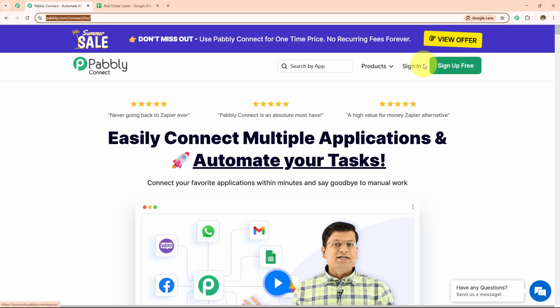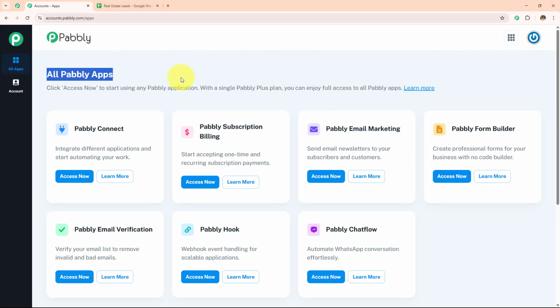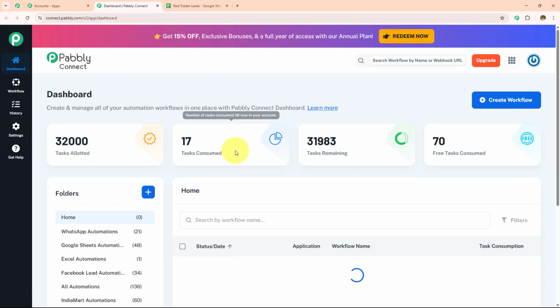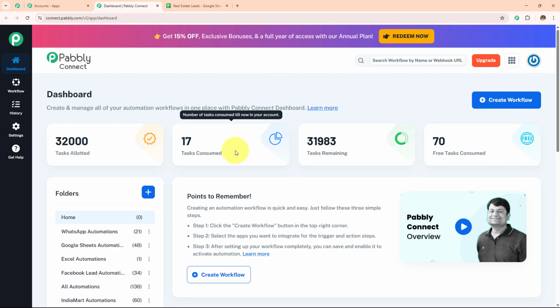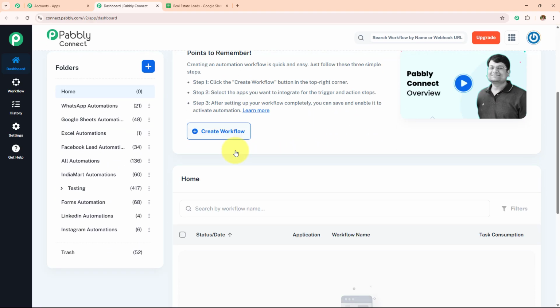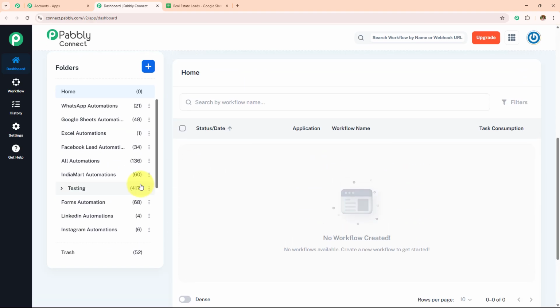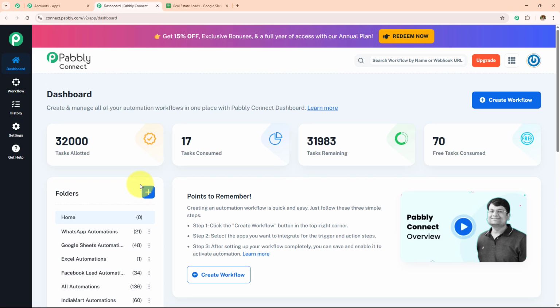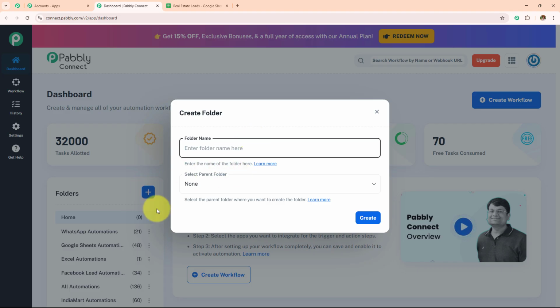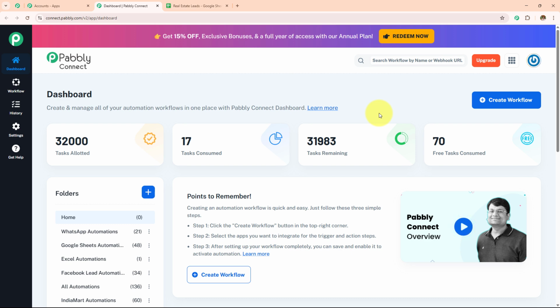As I'm an existing user, I'll click on sign in, and here the all Pably apps page has appeared, which is showing me all the Pably applications. I'm going to click on this Pably Connect Access Now. And here it has taken me to this dashboard where I will be able to find all my workflows and all the folders which I've created. Now if you want to create a new folder, simply click on this plus icon, and from here you can create a new folder. For now, I want to create a new workflow, for which I need to click on